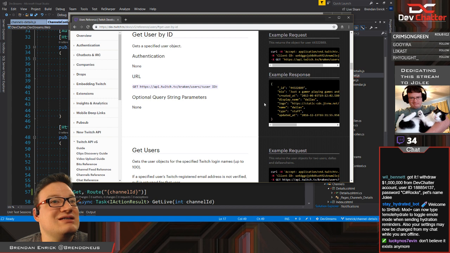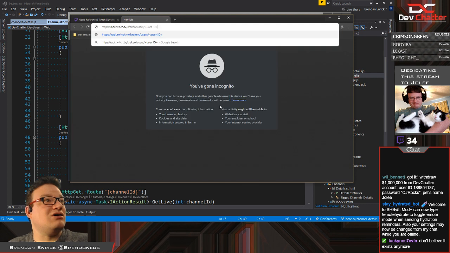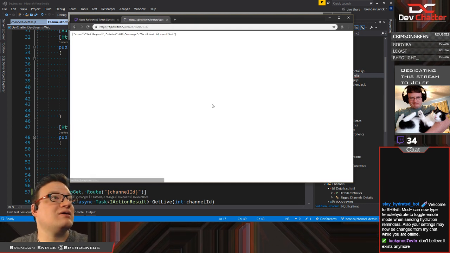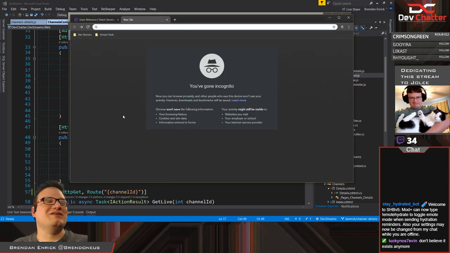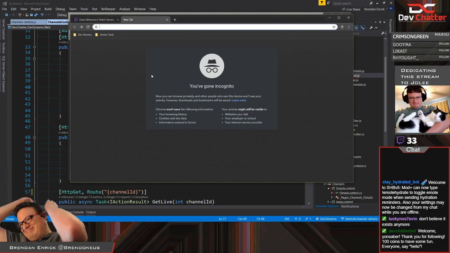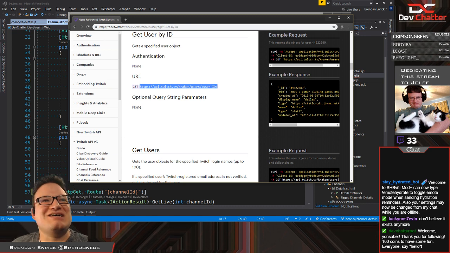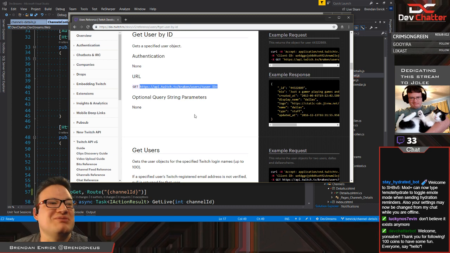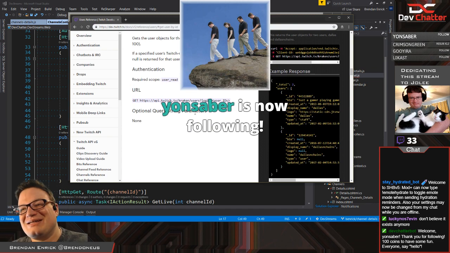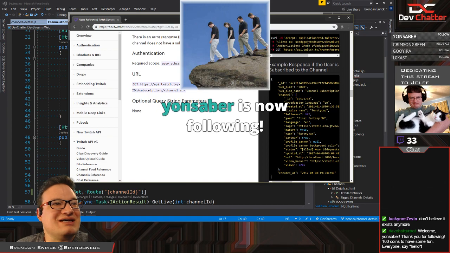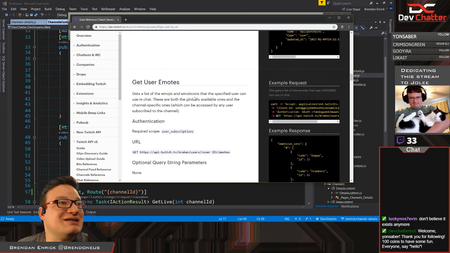Get user by ID. Pretty sure these are set up to just be able to call a get on it, and users should be pretty public. Is anybody on this one? Oh, it wants me to specify a client ID to even call it. What? Yeah, they actually want me to specify the client ID, which is a bummer because I'm not going to be doing that, at least not on a web browser like that, but that's disappointing.